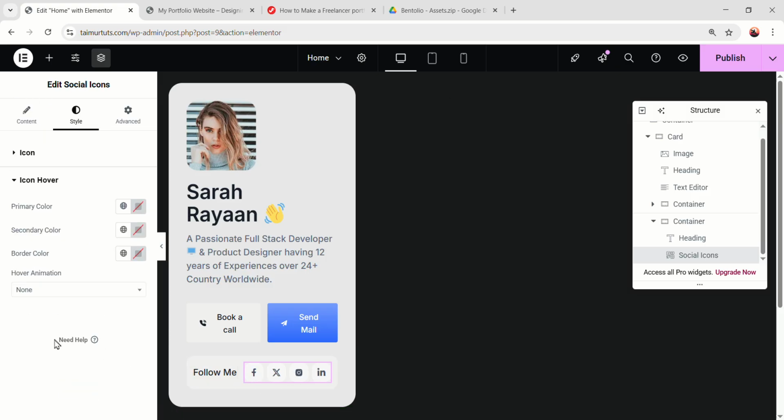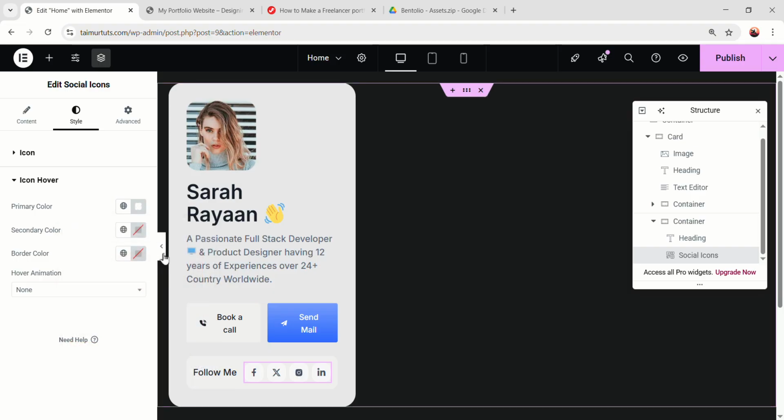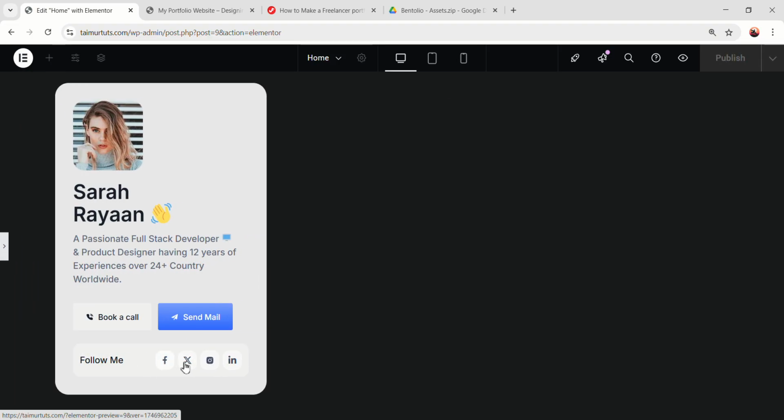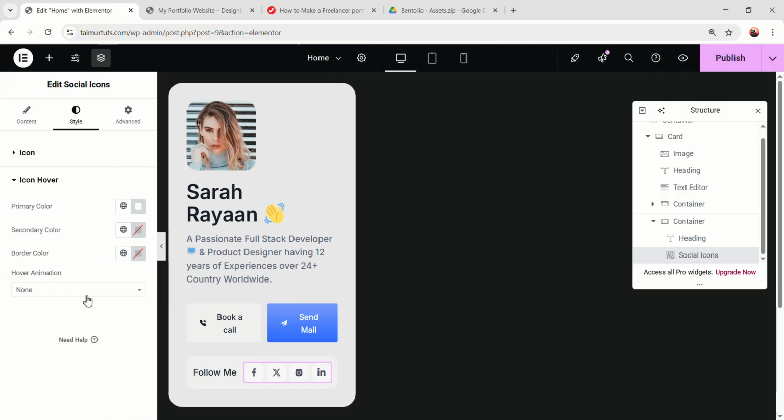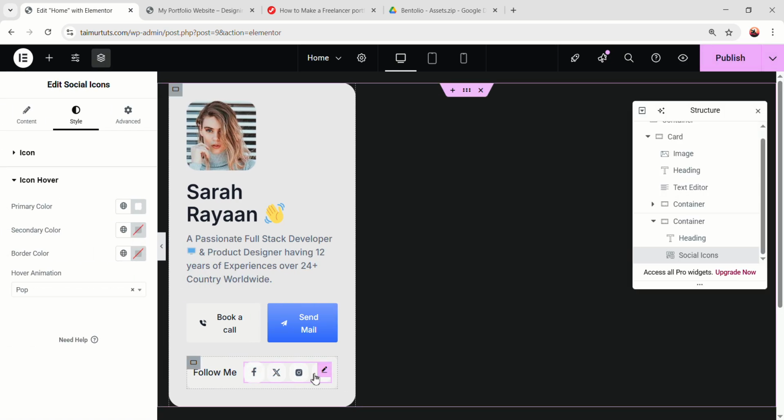Like from the icon hover, we can change the primary color to white. So on the hover, like if I take my mouse on the icon, it'll be even wider. And also we can add a fancy animation for the hover. So on the hover animation, for example, I select pop, and now on the hover, it'll be like this. Nice. So basically we have added some social icons, and using these icons, you can link your real social media